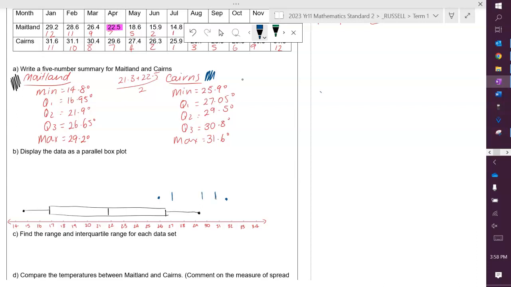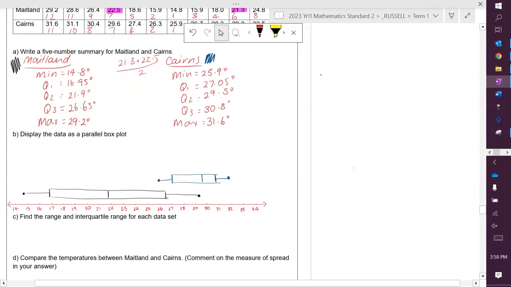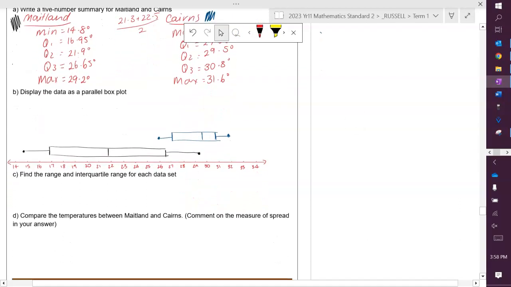I'm going to move that dot up a little bit and connect through. So you can see there, and we need to make sure we do color code or some form of a key to tell your marker what it is they're looking at in these questions with a parallel box plot. So what it now wants us to do is to find the range and interquartile range for the set of data. So if I'm looking at Maitland,